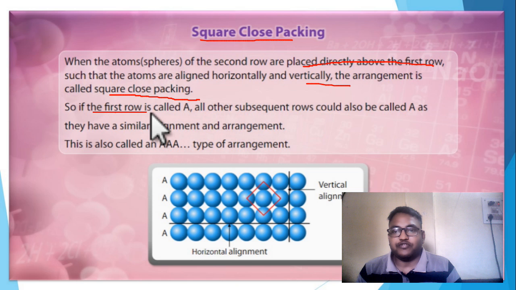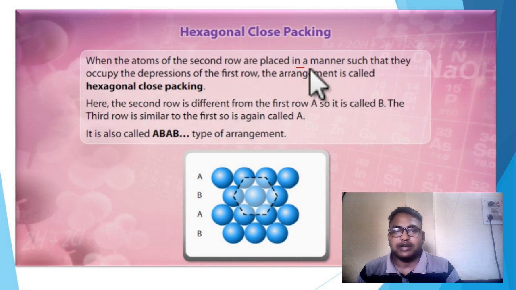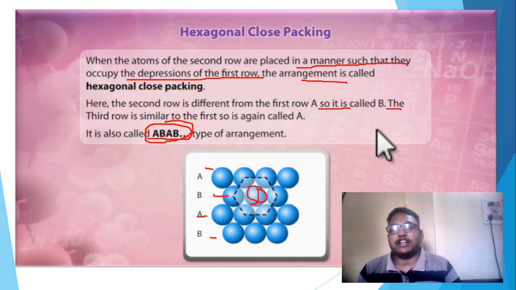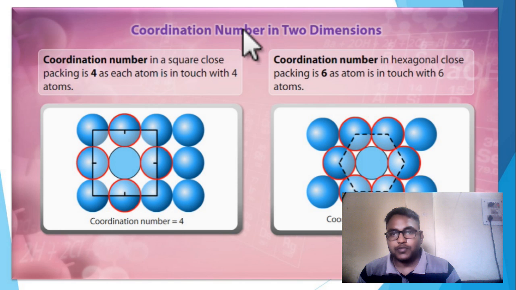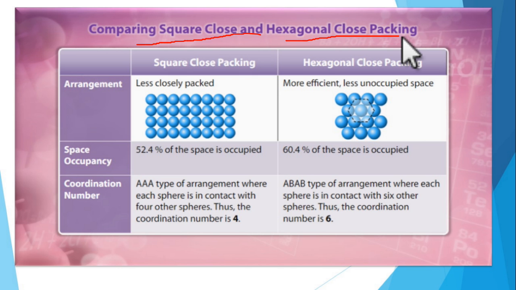Close packing in one dimension. To understand the arrangement of particles better, we need to look at how the structure is built in 1, 2 and 3 dimensions. Okay, first we have to start with one dimension. There is only one way to arrange the atoms in a one dimensional close packed structure, that is arrangement of atoms in a linear row. In one dimension, what will happen? Linear row, where each atom is in contact with two atoms, one on each side. So coordination number for one dimension should be 2. One atom is in close contact with the two other atoms. Okay.